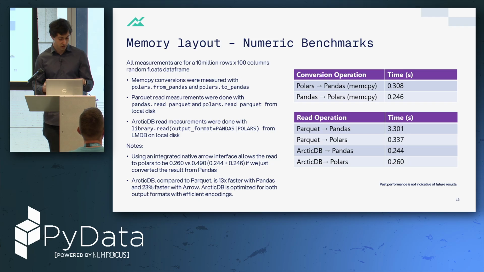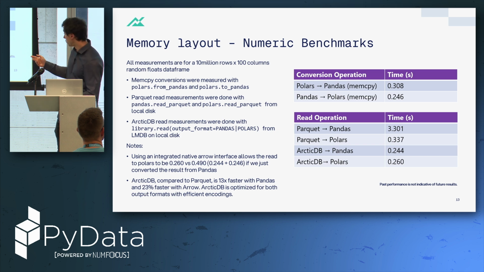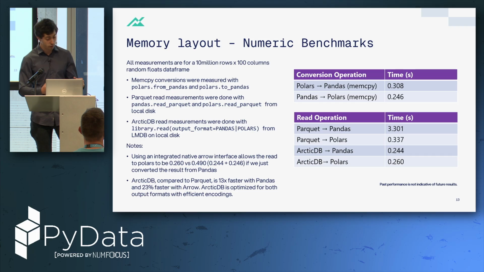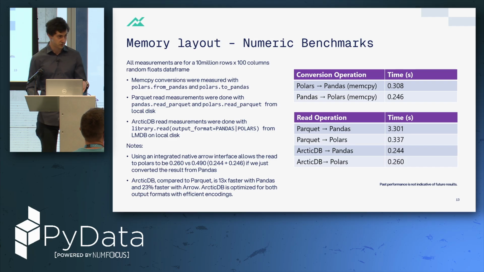In terms of read operations, I have compared ArcticDB, which is the project I'm working on, to the most commonly used storage format for data frames, which is Parquet, which is Arrow-based. So if we read from local disk, from Parquet to Pandas, it is actually quite slow. It takes around 3 seconds. That's because Parquet is not really optimized for Pandas. It's optimized for Arrow. And as you can see, reading into Polars is actually quite fast, around 300 milliseconds. And ArcticDB, with its integration into both Pandas and Polars, can actually read the result relatively quickly, around 250 milliseconds,